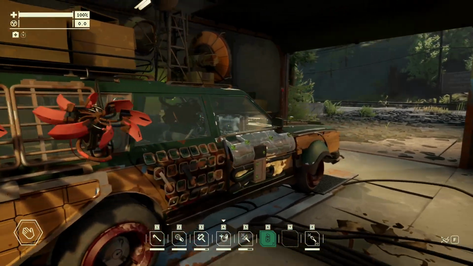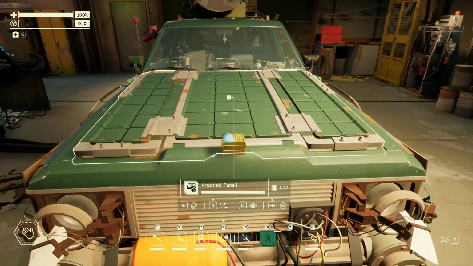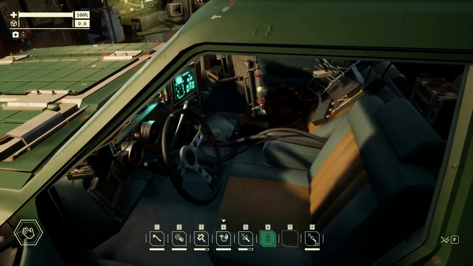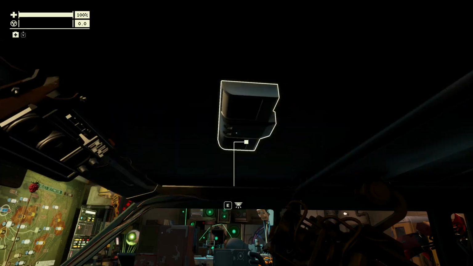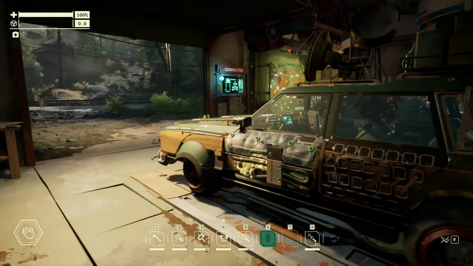Let's see. I don't think there's too much else. I did update the looks of our car as well. We have a beautiful little golden dumpster here in the front. We have a nice little potato cup as our shifter. I mean, doesn't that just look pretty? We are going all green, so I think nature was a good